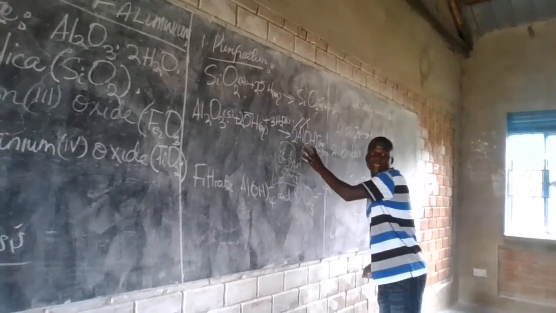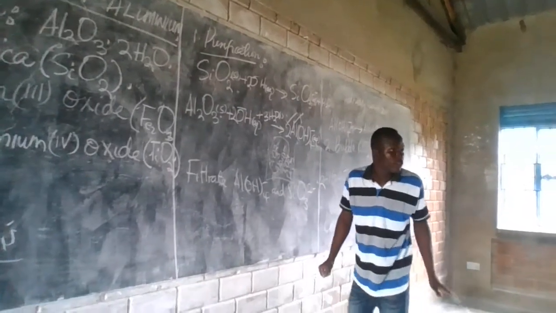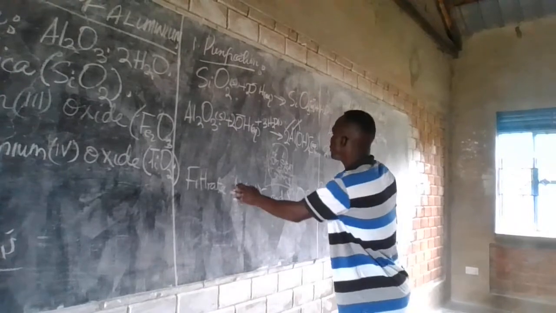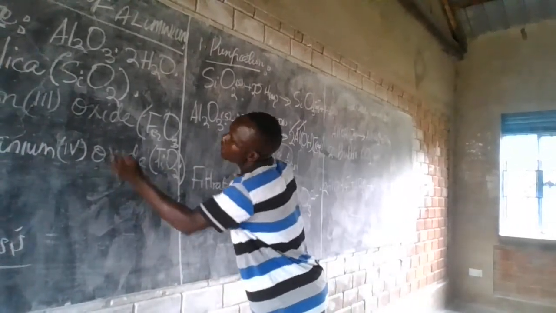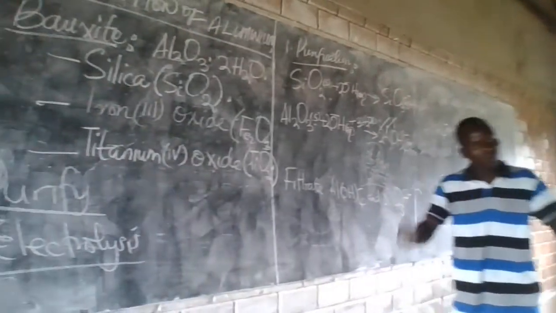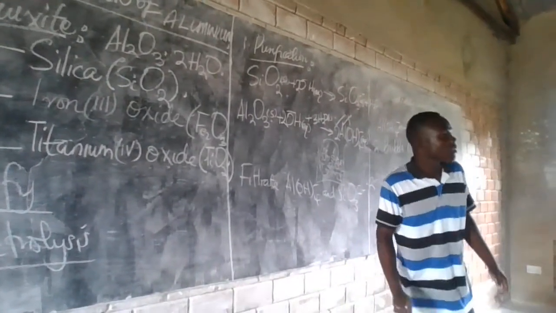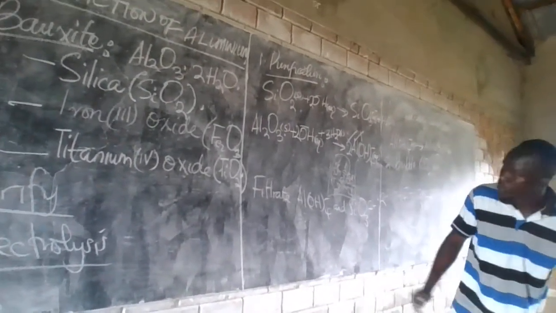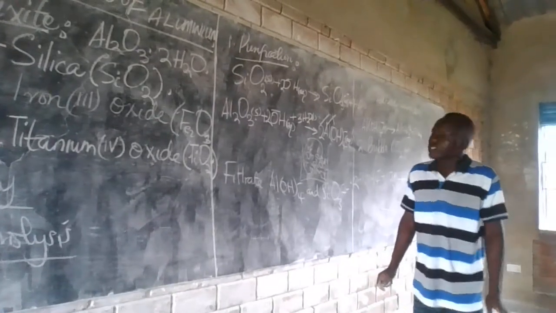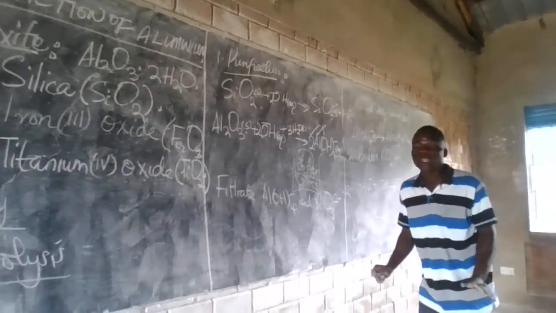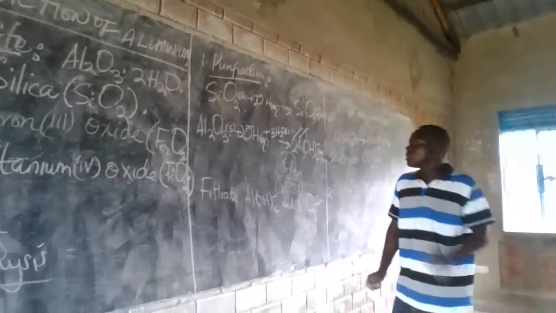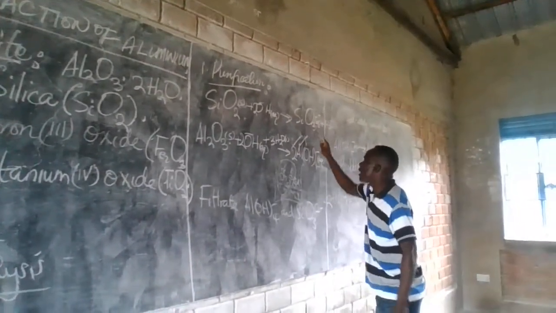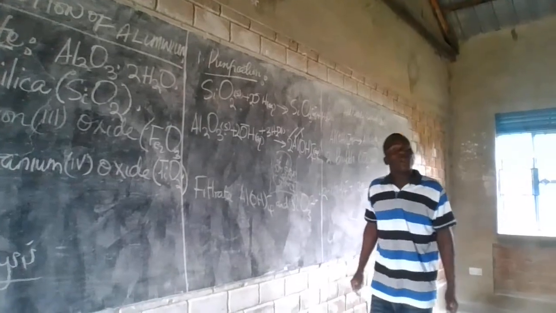It is a complex, it is soluble. Our titanium(IV) oxide and iron(III) oxide don't dissolve in concentrated sodium hydroxide. Since they don't dissolve, we shall collect them as residues when you filter. Then silicate ion and aluminate ion will be